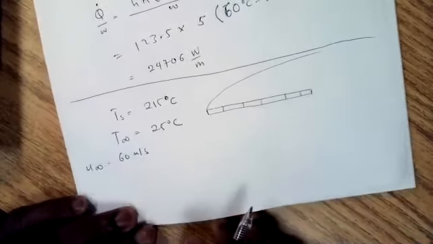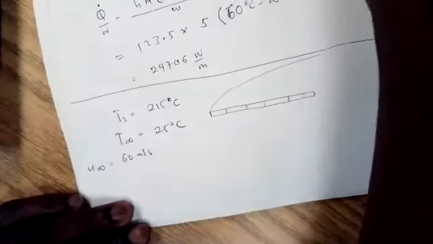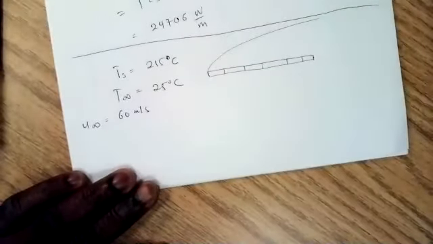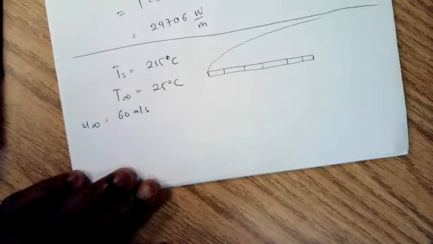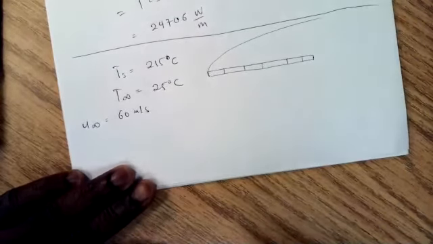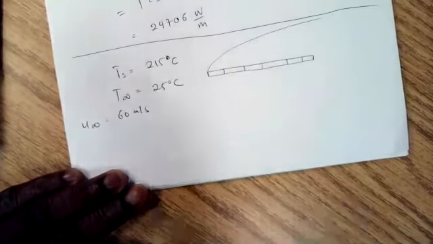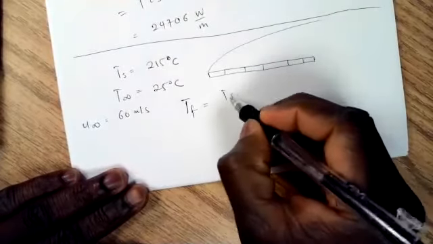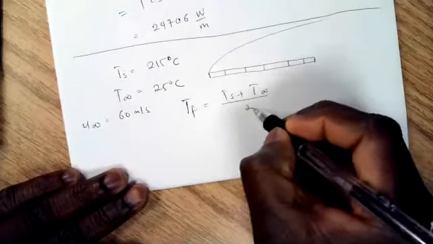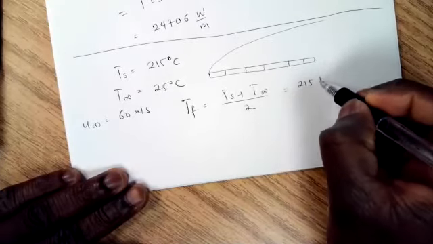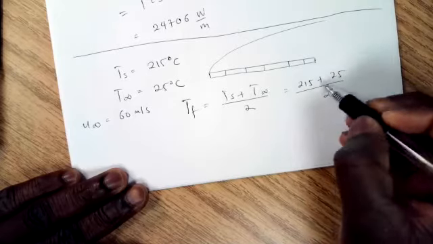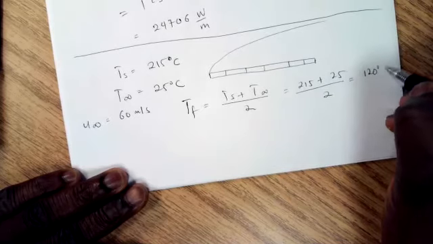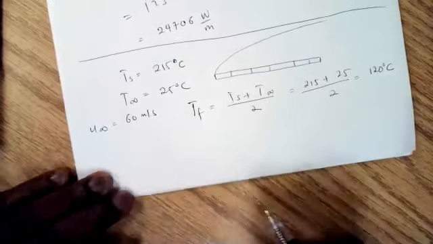Now, just like we started the last question, let us take the average point in our fluid thin film, the thin film phase that we're going to be considering. And we can find out by taking an average of the surface temperature and the temperature of the surrounding air, okay? So the thin film temperature will be equal to Ts plus T infinity divided by 2. That is 215 plus 25 divided by 2. That's 240 divided by 2, which is 120 degrees Celsius. Okay, so once again,